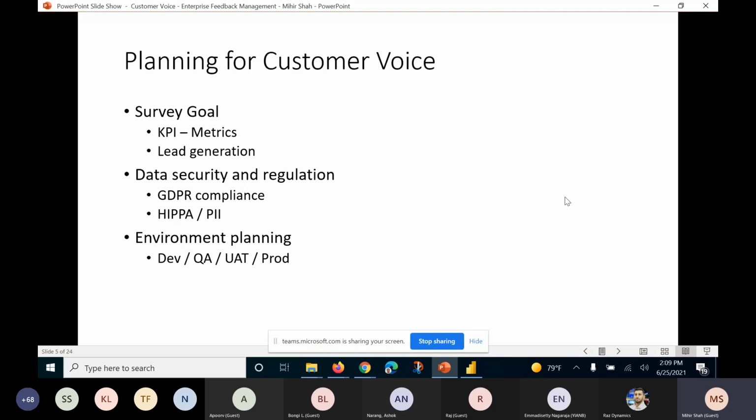Number two is security and regulation. There is a GDPR compliance issue. If you are dealing with customers in different parts of the world, where is the data going to be stored and how is it going to be managed? That has to be understood from a Customer Voice point of view. If it is Europe, the data is stored in Europe. If it is outside Europe, the data is stored mostly in North America. So you have to be aware of this and make sure that you are in compliance